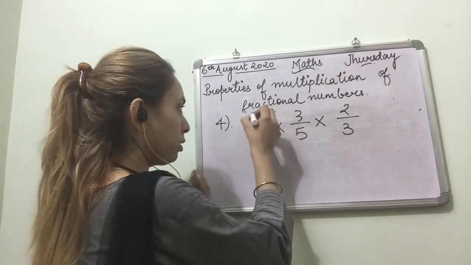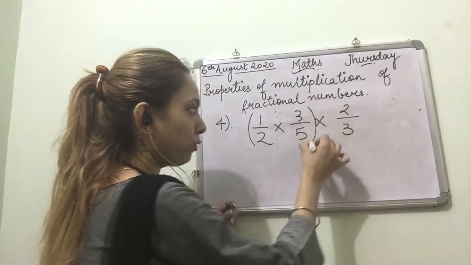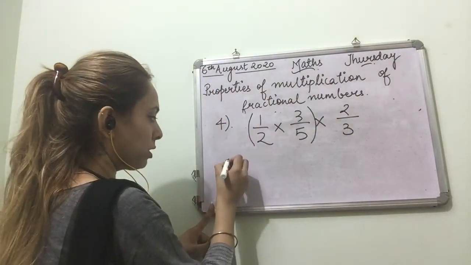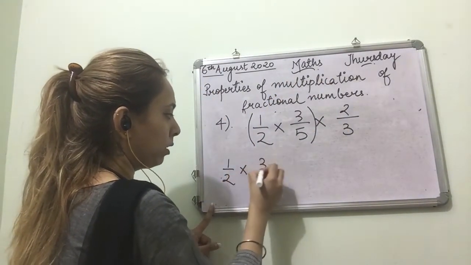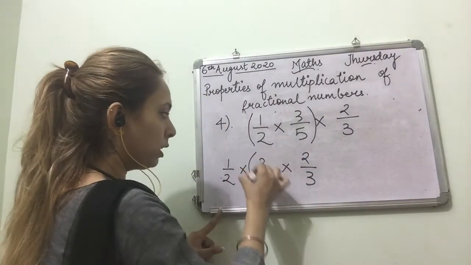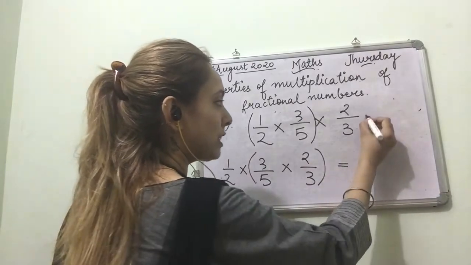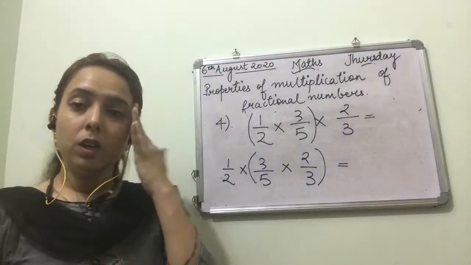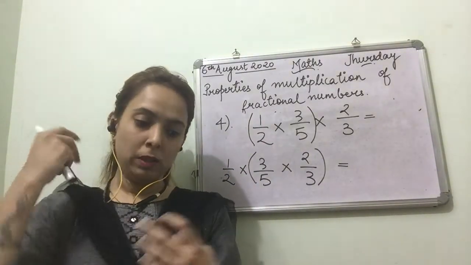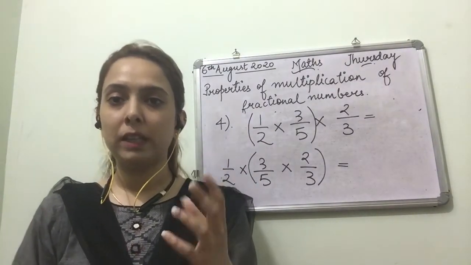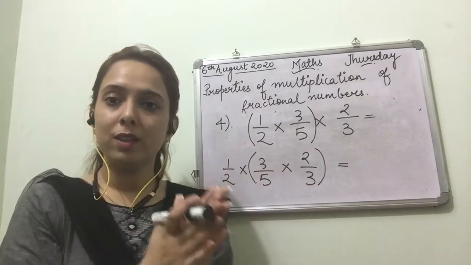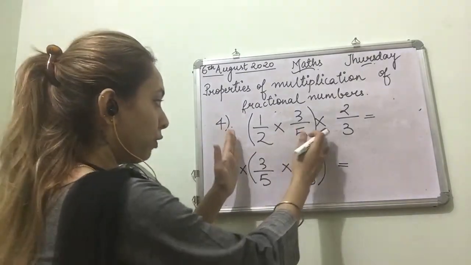Like suppose first of all I have grouped these two fractions. I'm writing all the three fractions again in the same order, and I am just grouping these two fractions now. Let's check out the answer. So as you have learned in your previous class, the method of BODMAS. Whenever a bracket is given to you, first we will always solve the bracket. So first we will solve the bracket.